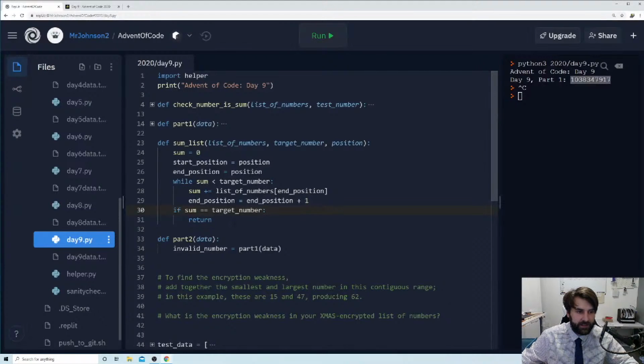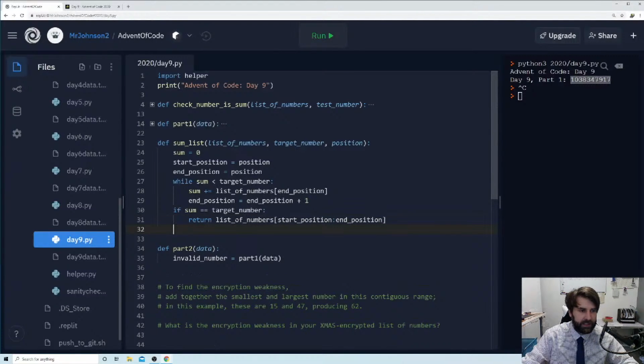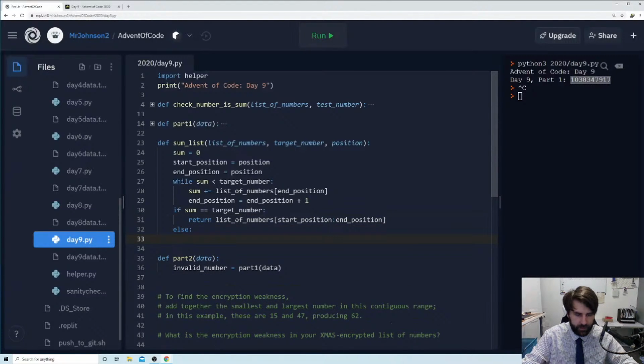And then if our sum is equal to our target number, we're going to return our list of numbers from our start position up to our end position. Yep, that works. That's all good. Otherwise, we're going to return false.